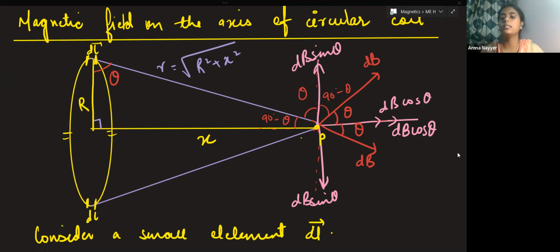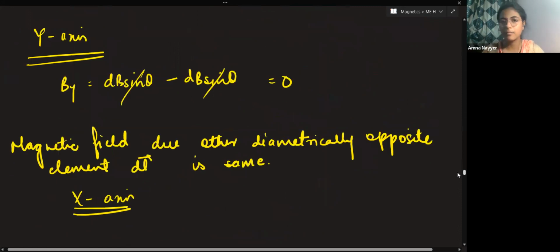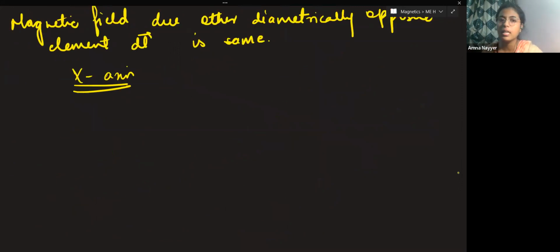Okay. Now let's do the calculation part for dB cos theta, because we have it along x-axis. So along x-axis, what will happen? That won't be 0. It is getting added up. So dB cos theta from two diametrically opposite ends, then dB cos theta. Likewise, all the dB cos theta that are present for the complete full circle. Fine. Now see,